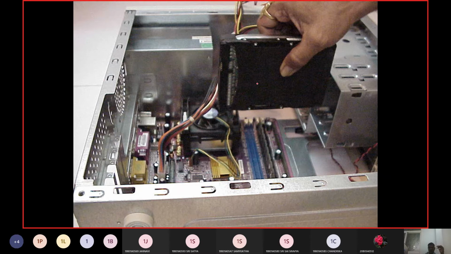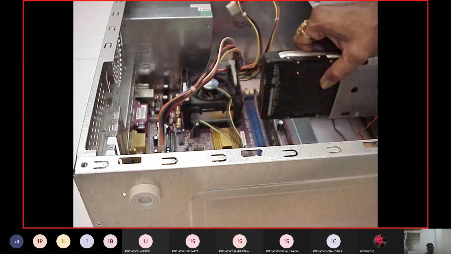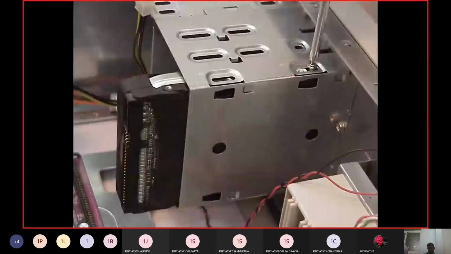Next one, we are going to put the hard disk. We are going to insert the hard disk, that is C drive, D drive, E drive, F drive. So you are going to put it at this position. This is where the operating system and the other programs, Java, Python, C, all our programs have to be. So for that, we are going to put these things in the secondary storage devices and use them towards the computer. Then we are going to fix it with the screws.